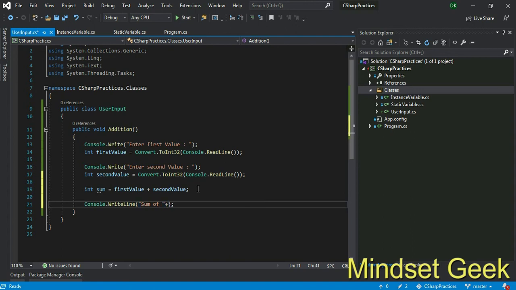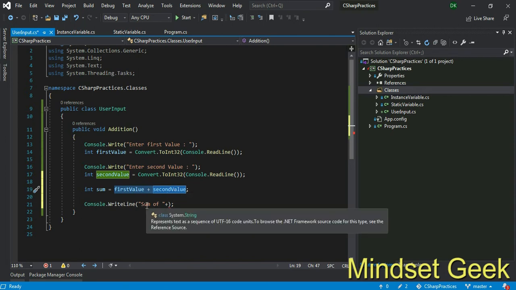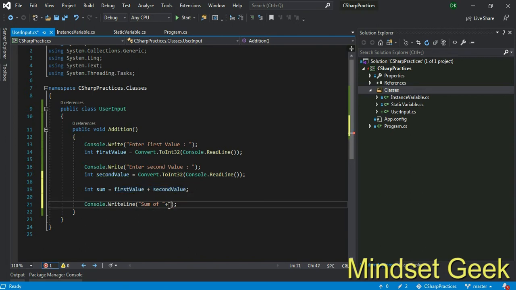Plus. Actually this plus is not like this plus, right? This plus is used for getting a sum. That means this is an integer and this one is also an integer, so if I use the plus sign, they get the sum of these two integers, right? And this time it's not like that. This is an integer type, this is a string, and a string and an integer can't be added.